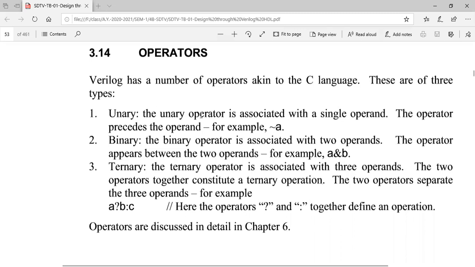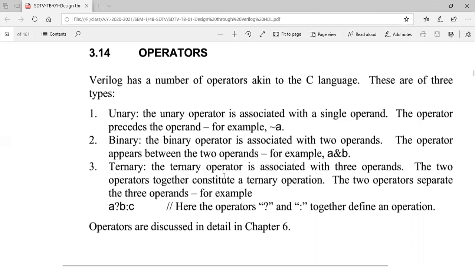Here you can see A and B are two operands, and the and symbol is the operator here. Okay. Sometimes we may have three operands and two operators.